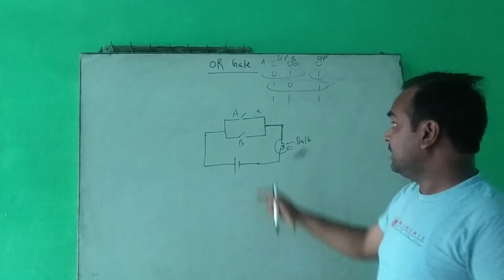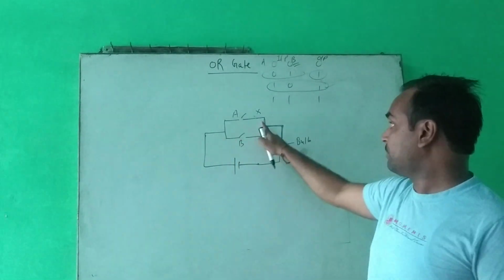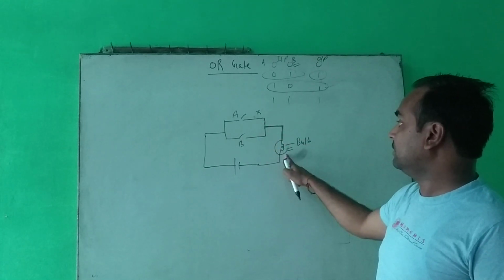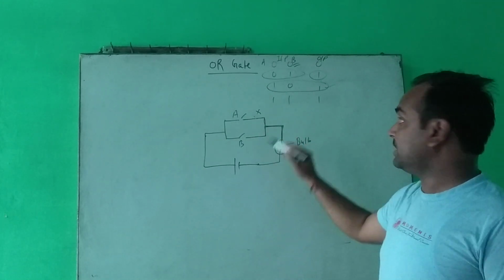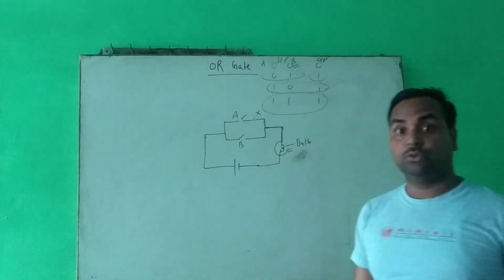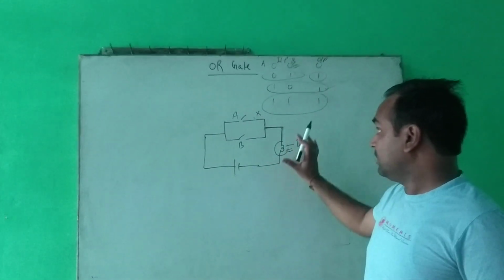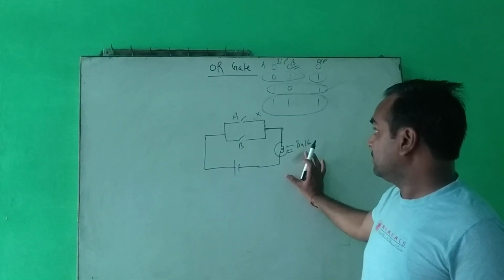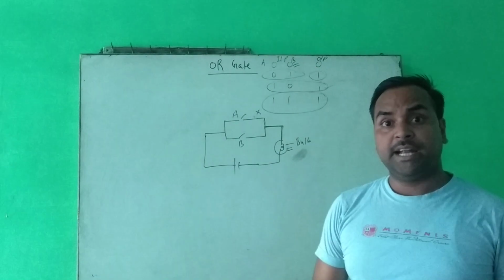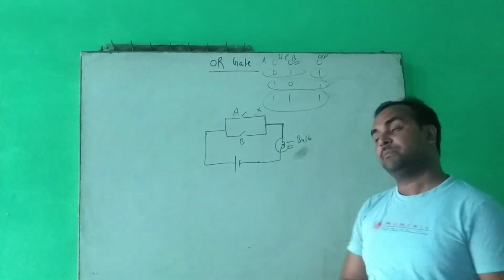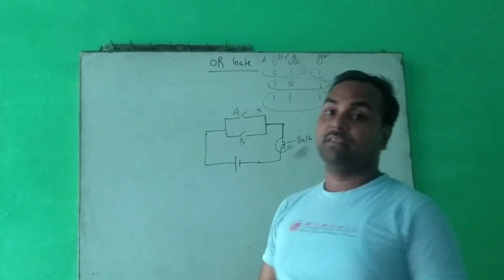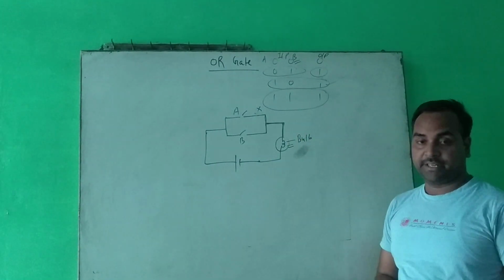And in the last case, A is on and B is on. The power goes here, and after supplying the power here, we will get the output here, and in this case the bulb will be on. So I think you people can understand the OR gate easily with the help of this diagram, and the precautions are the same as in the previous gate: the power supply should be on and the wires should be tightly connected.